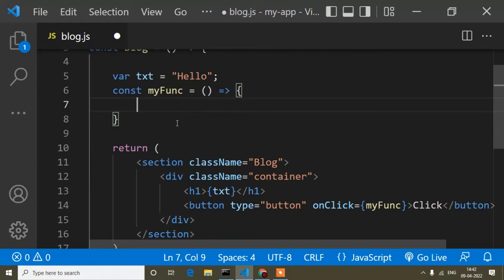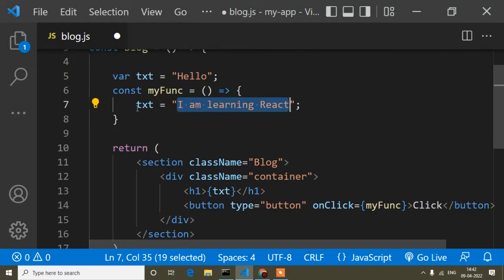So that time the variable I would define here, and when I click this button, it will hit this function, right? So when it hits this function, the value I will change here this way. I am learning React. By the way, you can write any value here. But I have written this one, so it should be changed now because on button click I have changed the value,